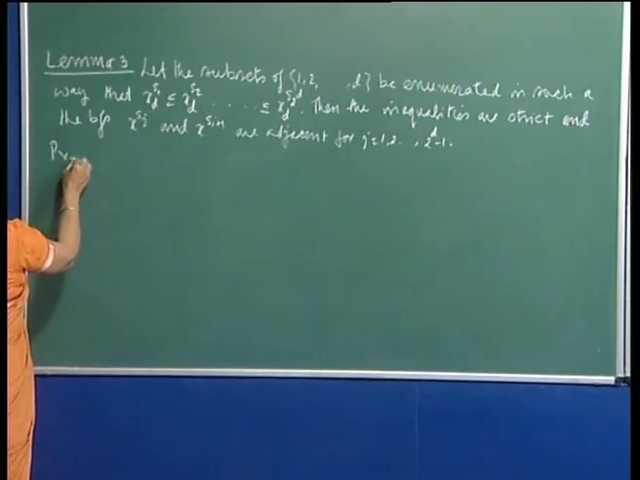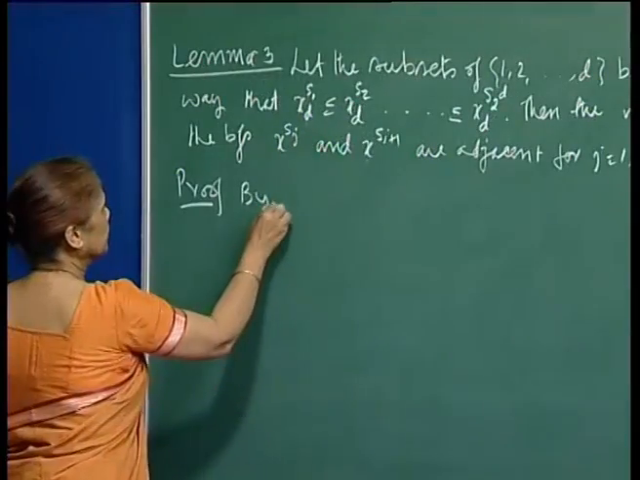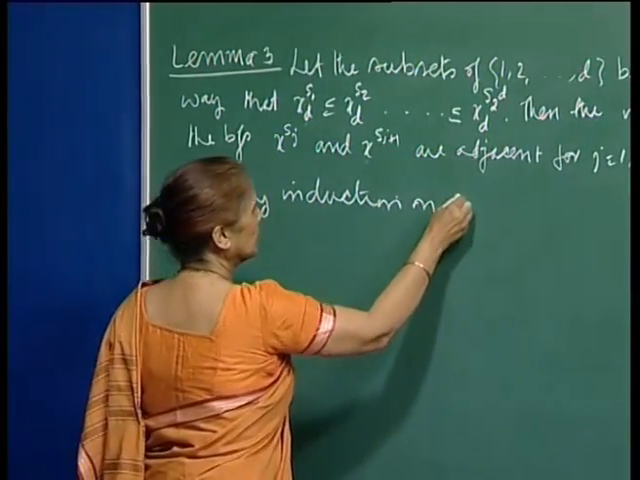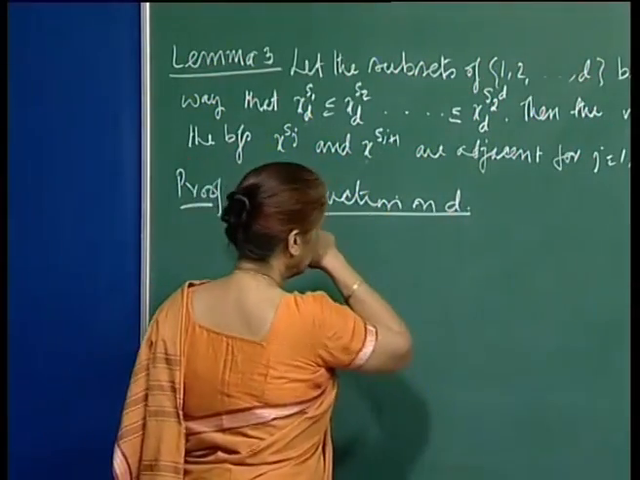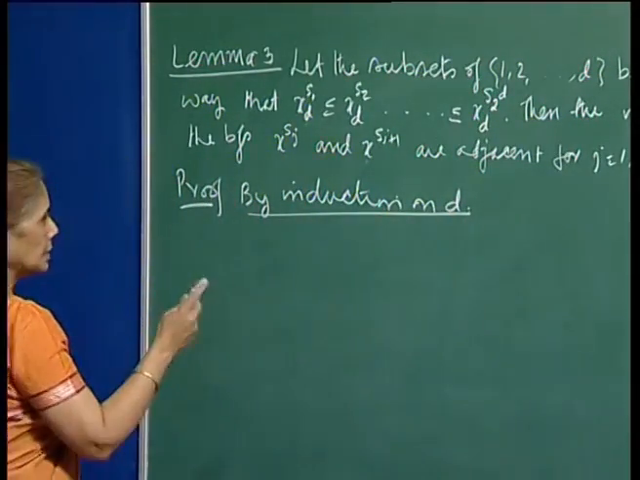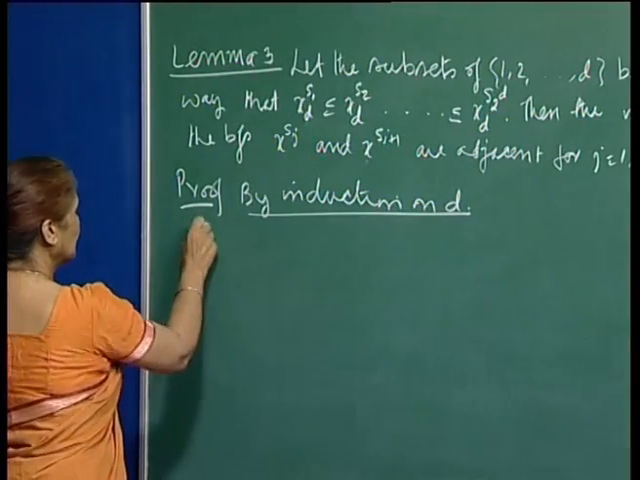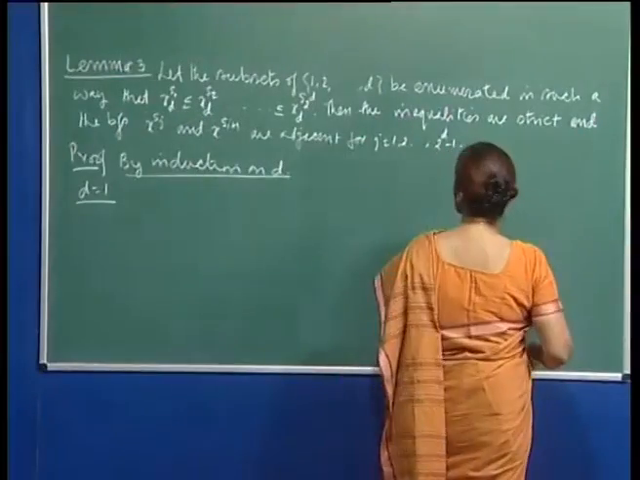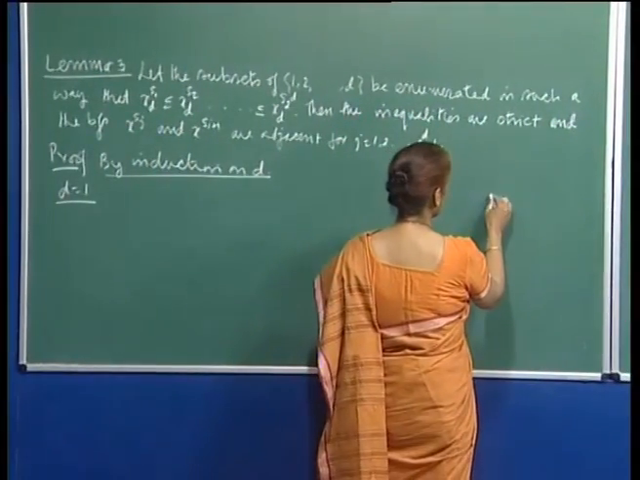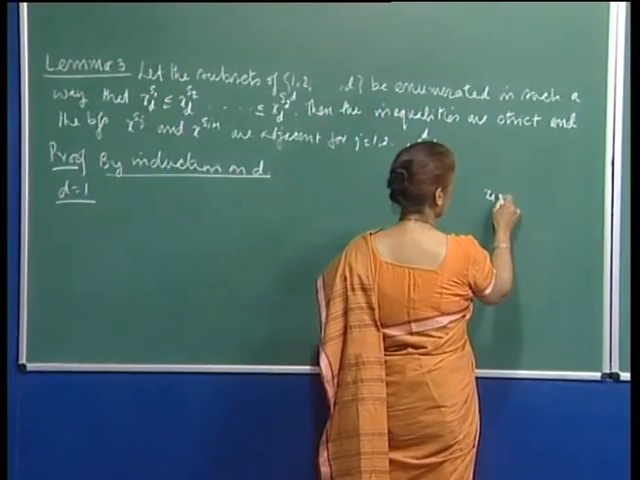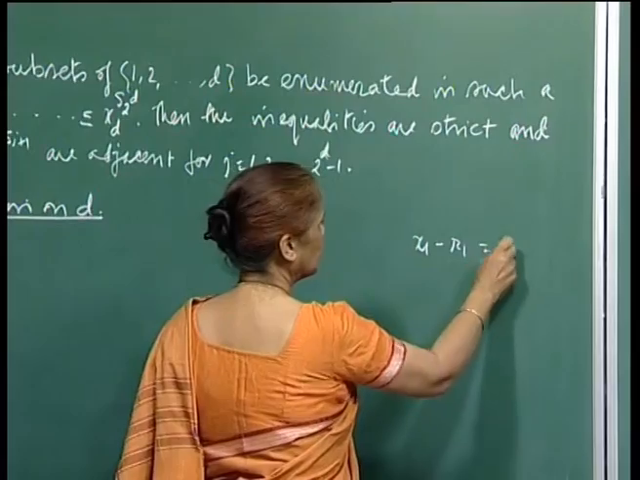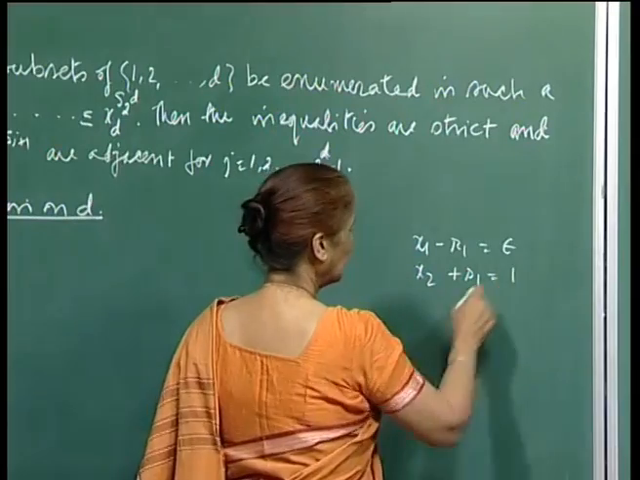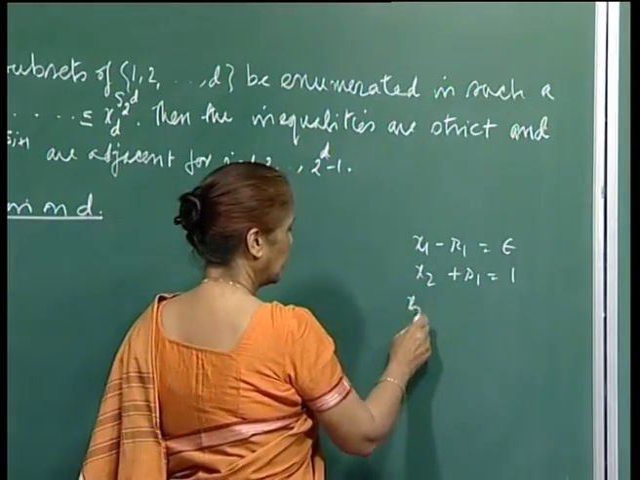So, the proof by induction on d. Okay, I'll need the formulation. So, suppose d is equal to 1, right. Then remember your constraints, I'll just rewrite them again. So, this was x1 minus r1 equal to epsilon, x2 plus s1 equal to 1, right. Then we had x_j